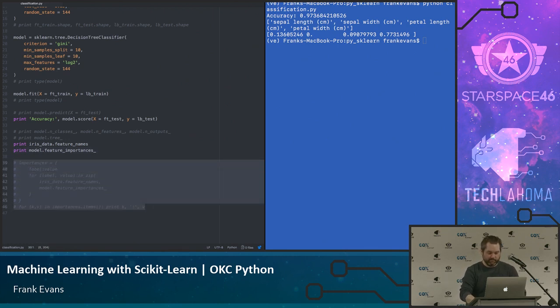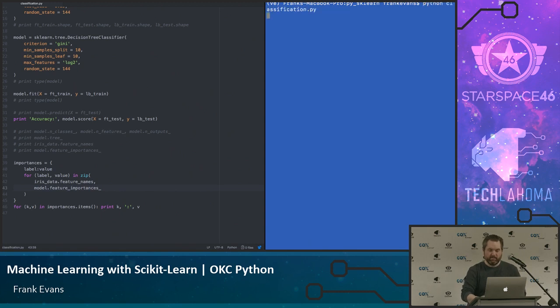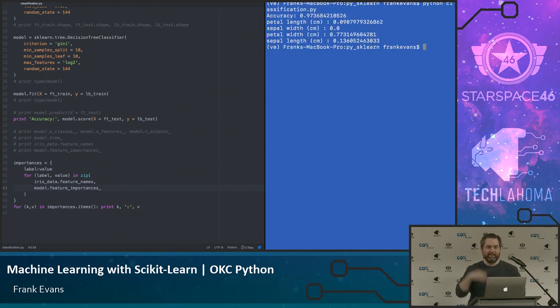So let's do that. All I'm going to do is take advantage of the way it's going to hand me the two of those. I'm going to zip them up together and dump them into a Python dictionary. Nothing very revolutionary. Then I'm just going to print the dictionary one line at a time so it's easy to read.